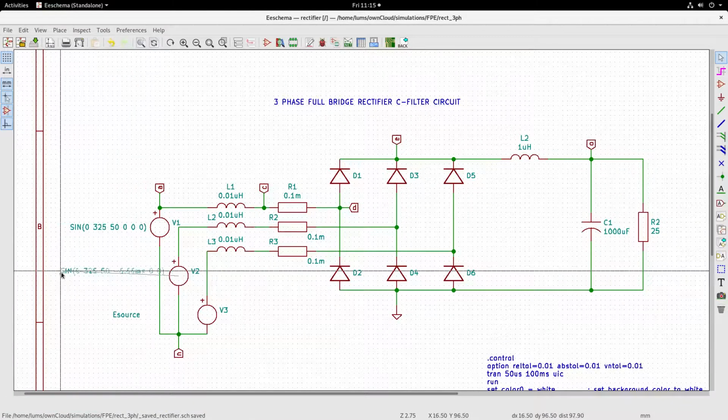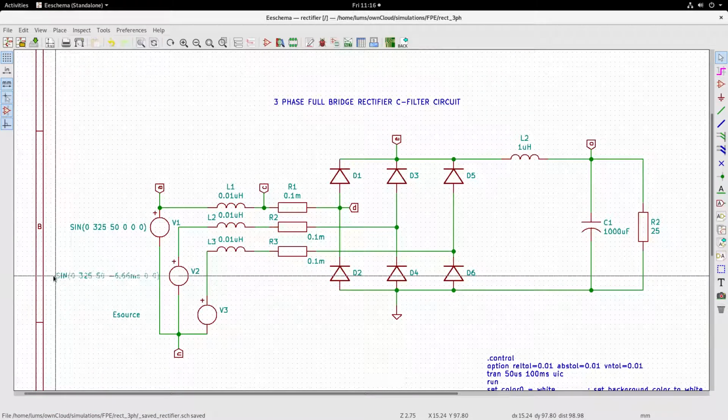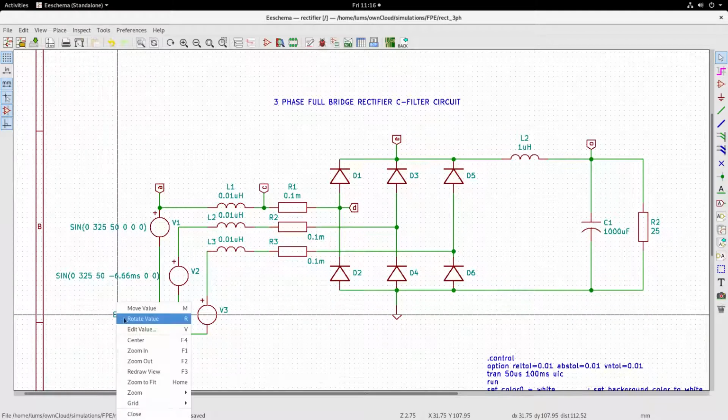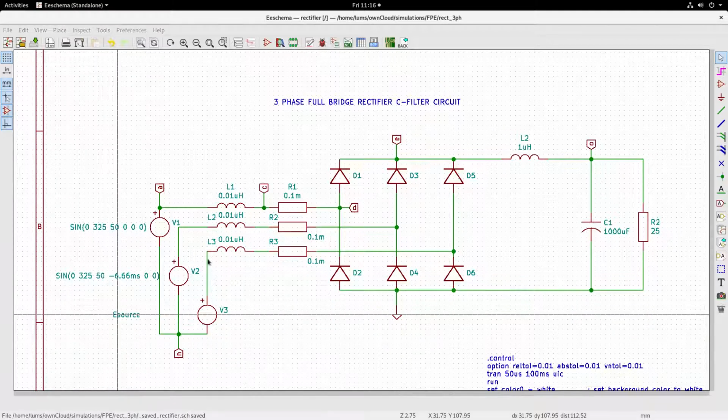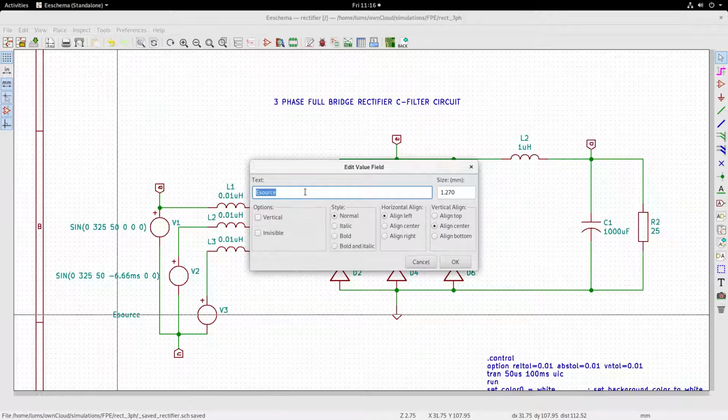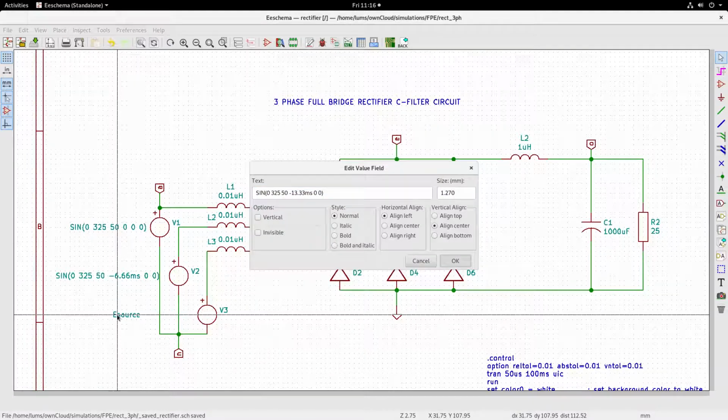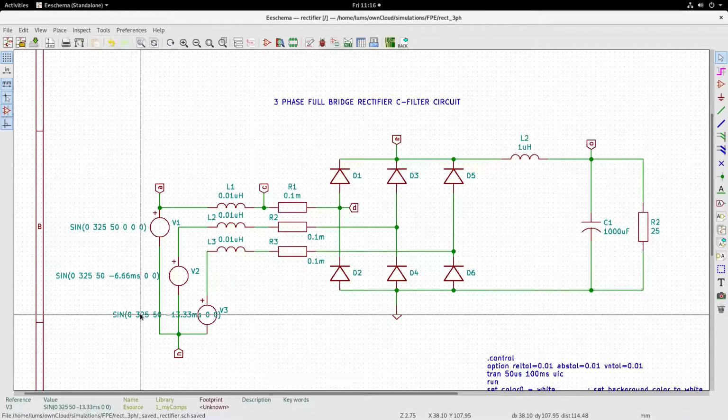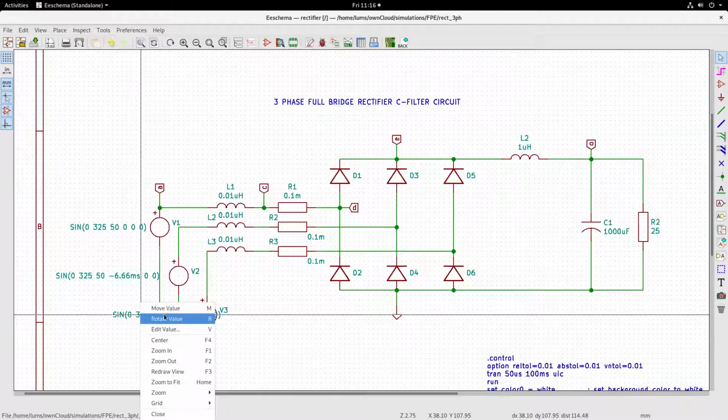Let me move it here. So let us edit this value also, and I will place it sine 0, 325, 50 Hertz, minus 13.33 milliseconds, and we have minus 240 degree phase shifted sine wave.